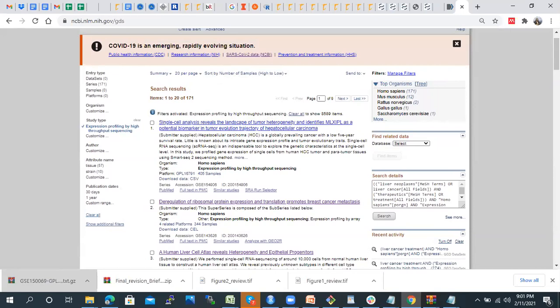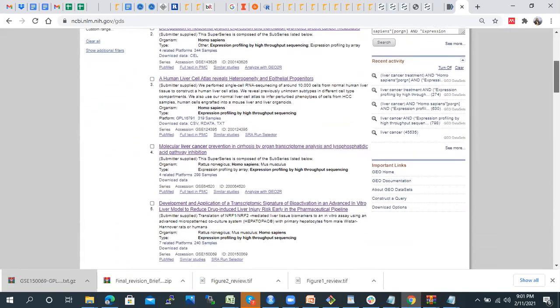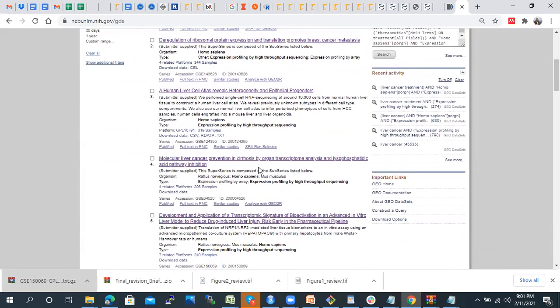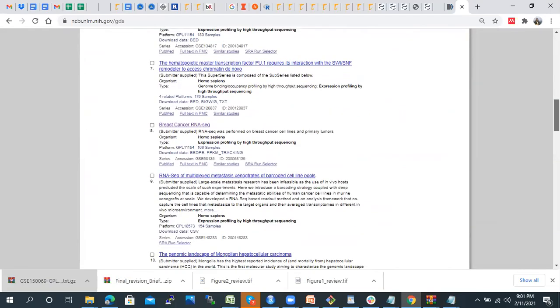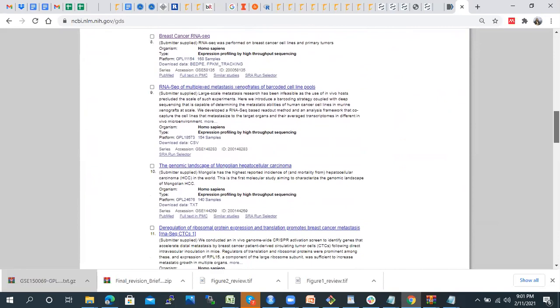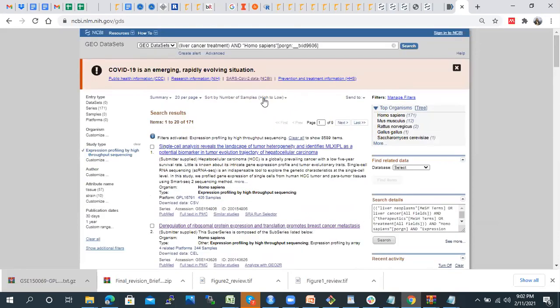This is single cell genomics data. Then I can find which study I'm interested in. I can look at the title and get some idea. If I'm interested in more detail, then I can select that particular dataset.